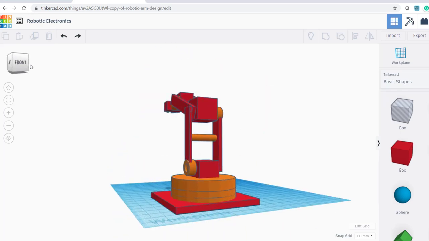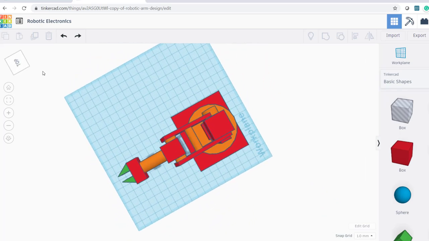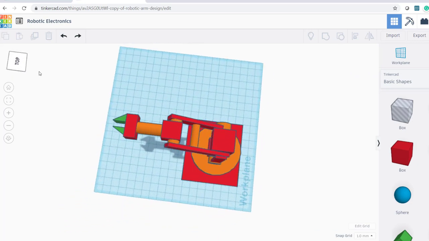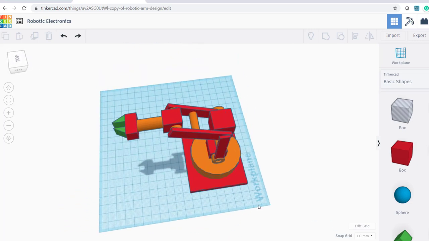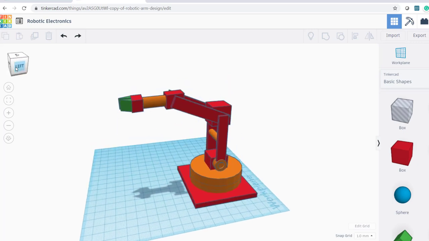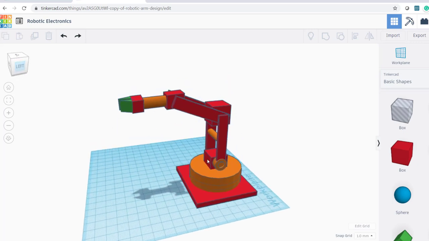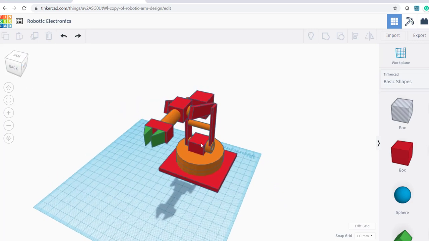Here we can see this robotic arm and design it by looking at the different angles. This below one is the work plane. It is written here. This is the base where the arm has to be placed, and here we can see the arm. The arm has the rotary system where a rotary motor has to be placed here.